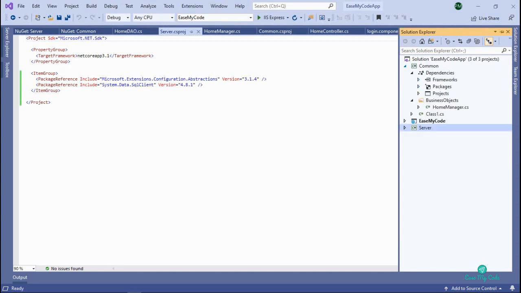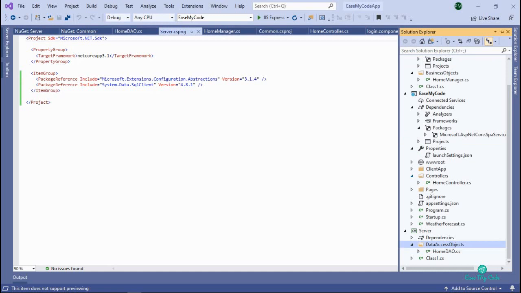The common library will have a business object folder under which I will include all the manager level classes. Common, as the name suggests, will be a mediator between our controllers and the server layer. And again, the server layer, as the name suggests, will interact with our database. So I have the data access objects folder, which will have all the data access object classes.